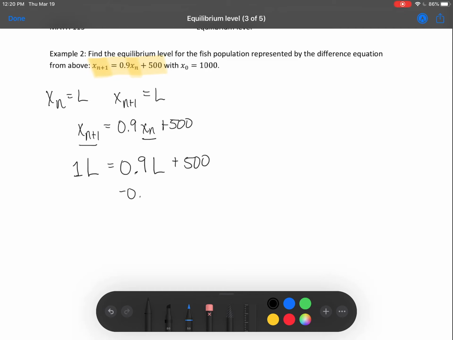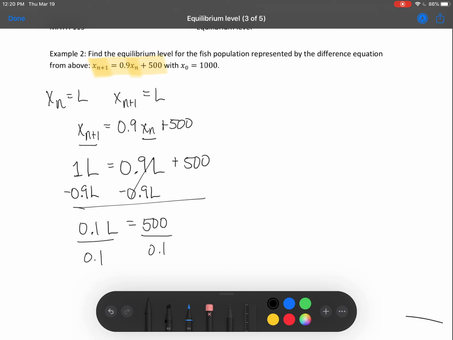So our first step is going to be to subtract 0.9 L from each side. When we do that, of course, they cancel on the right-hand side. And then if we have 1 L minus 0.9 L, that leaves us with 0.1 L. And then on the right-hand side, we're just left with 500. So then, again, we're trying to get L by itself. The next step is to divide each side by 0.1, and that leads us to an L, or equilibrium level,